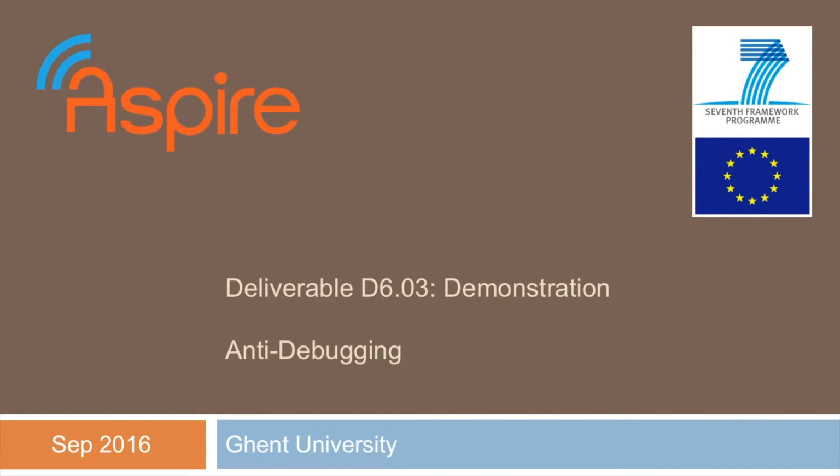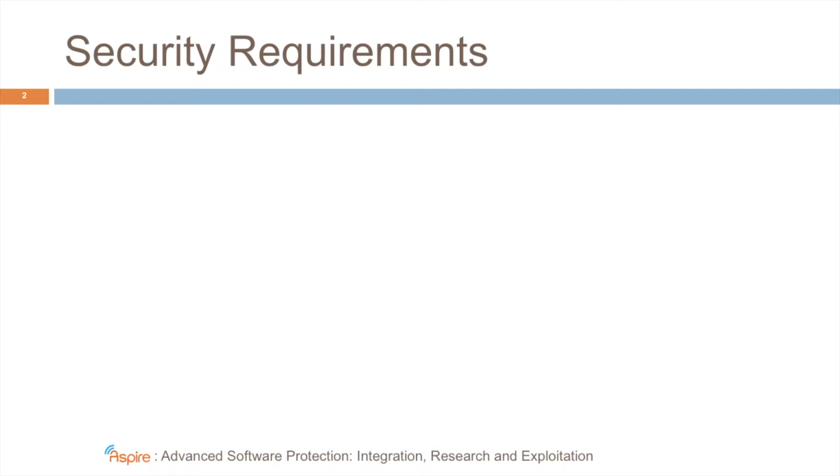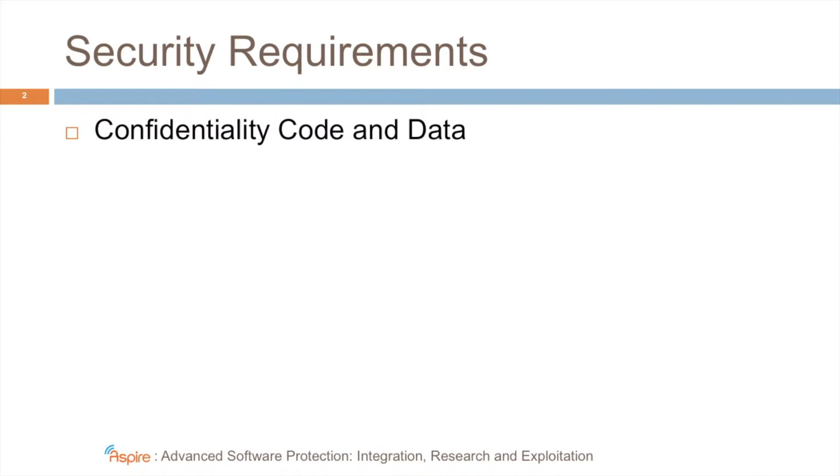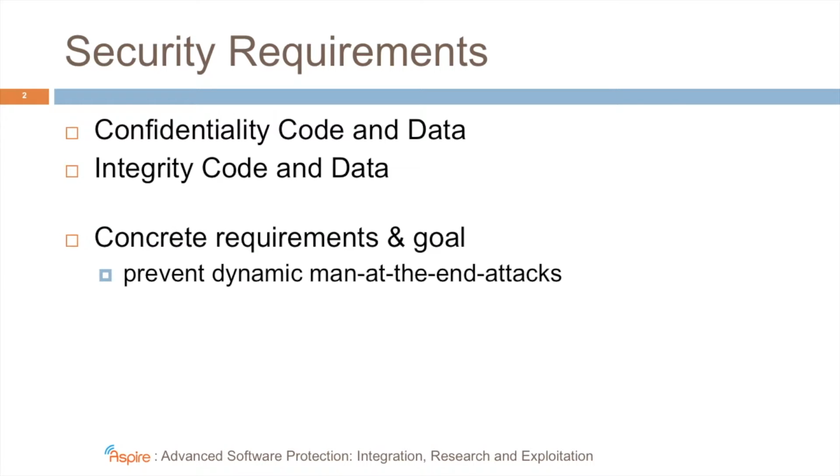Welcome to this ASPIRE demonstration video in which we will demonstrate the anti-debugging technique developed by Ghent University. What are the security requirements that we try to fulfill with this protection? Well, it's confidentiality of code and data and integrity of code and data. More concretely, in this case, the requirement that we want to meet and the goal of our protection is to